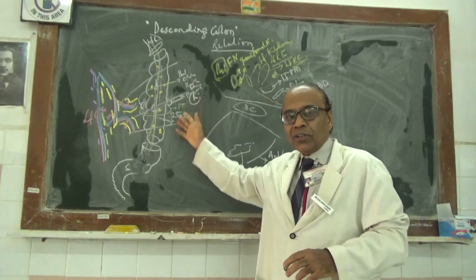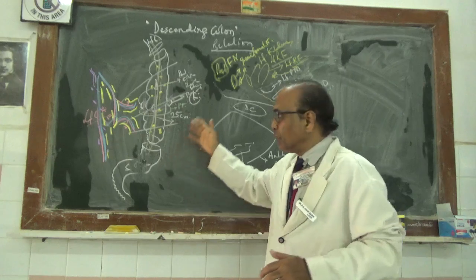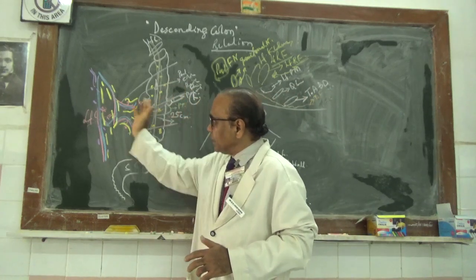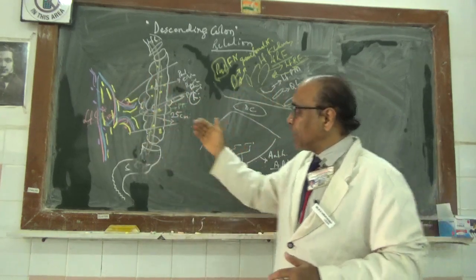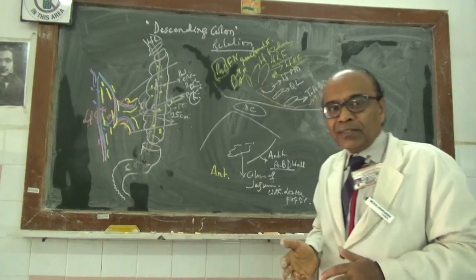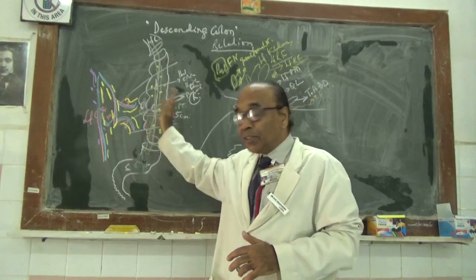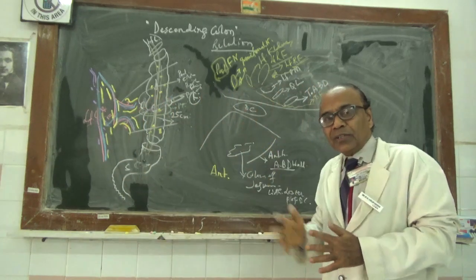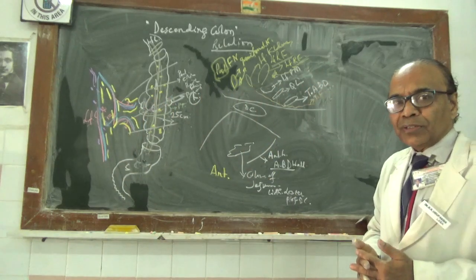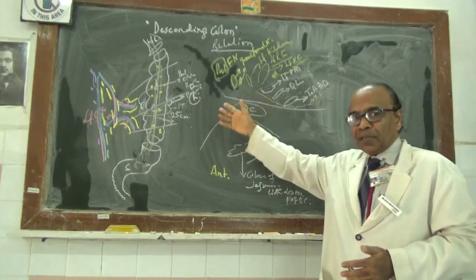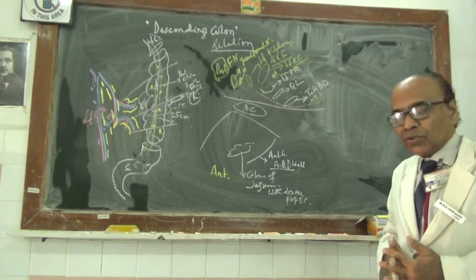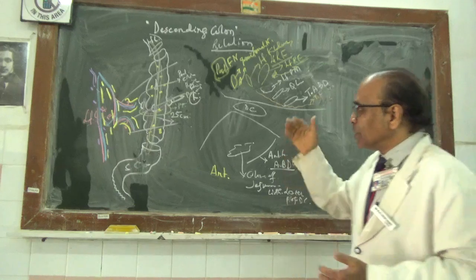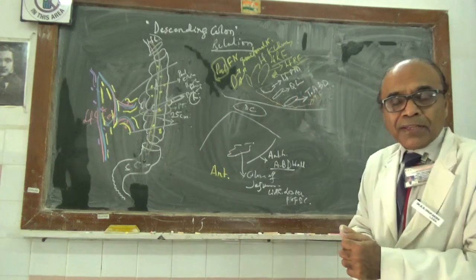Those are called the colonic plexuses of the descending colon. They will be there more, and then it will be running hand in hand with the arteries and the veins, lymph vessels in the mesentery. So that is what is called the autonomic or the craniospinal nerve supply for this descending colon. After having had this, now you have to go to the embryology.